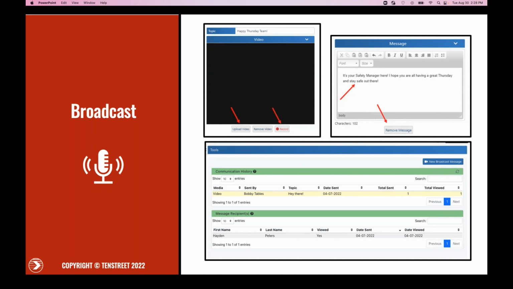Making a broadcast is simple. You'll simply choose the segment of the hired drivers in your dashboard that you want to send a message to. Then you can record a short live video message or upload a pre-recorded message to send to all of them. Once sent, you can review past broadcasts and monitor interactions with your broadcast messages directly in the tool. Some use cases for this tool include terminal updates, pay changes, holiday messages, maintenance and safety reminders, as well as